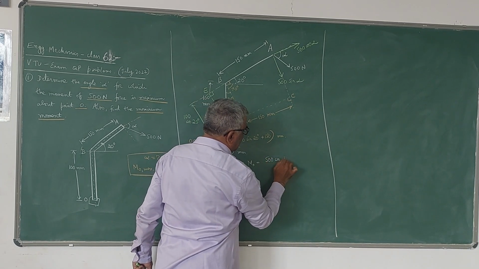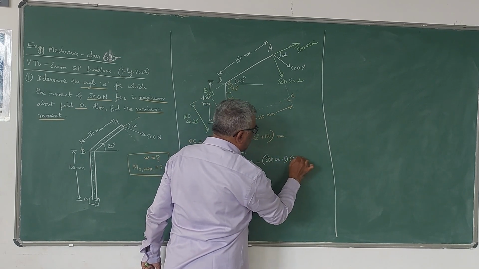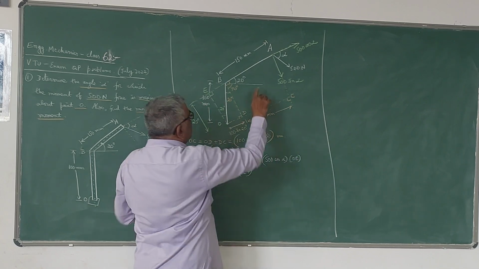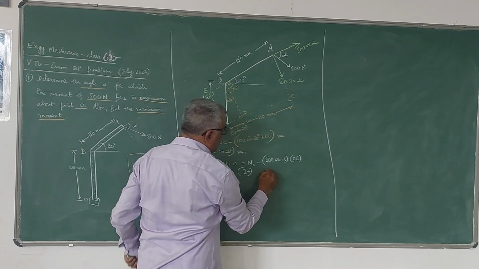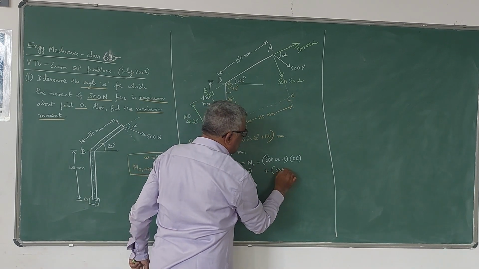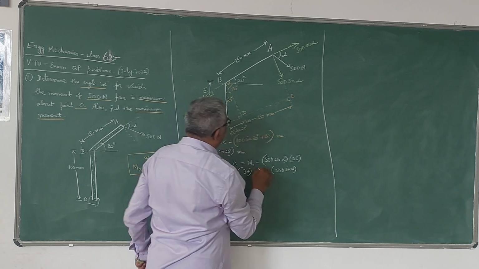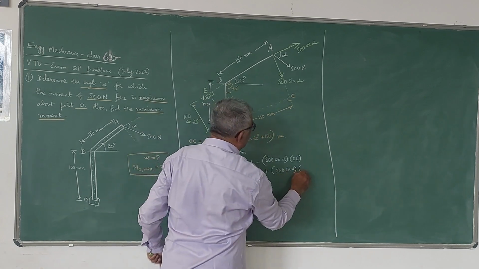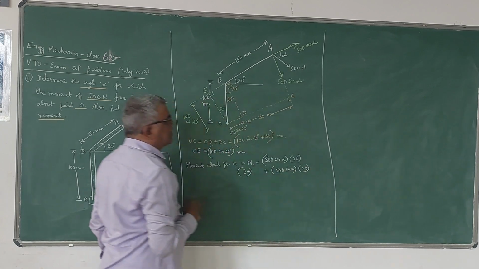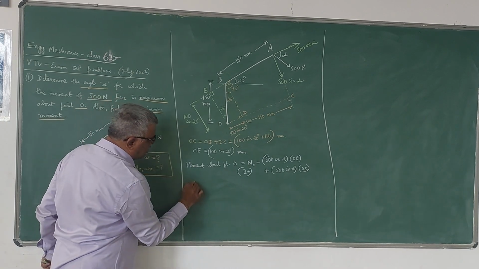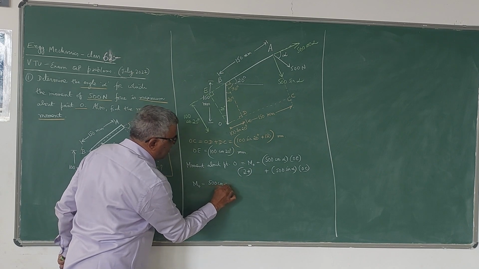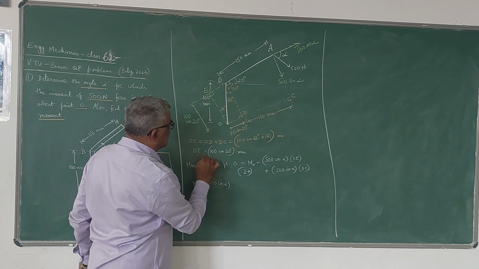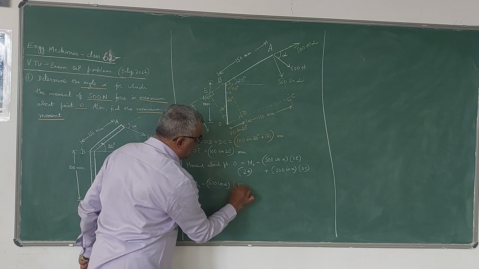500 cos alpha into OE. Then the moment due to this 500 sin alpha will also be clockwise about the point O. So plus 500 sin alpha is the force multiplied by this distance, that is OC. Now let us substitute. So MO becomes 500 cos alpha into OE, which is 100 cos 20